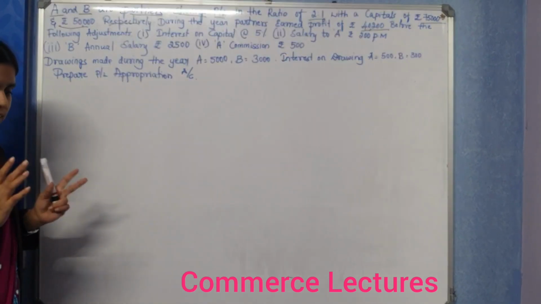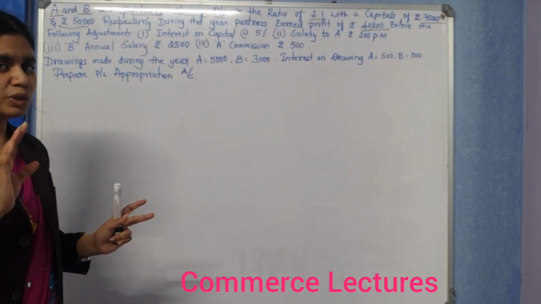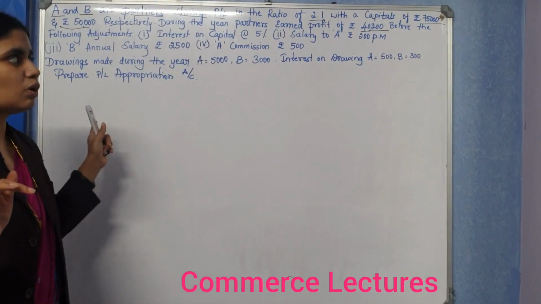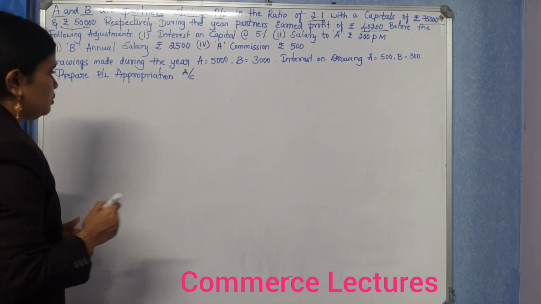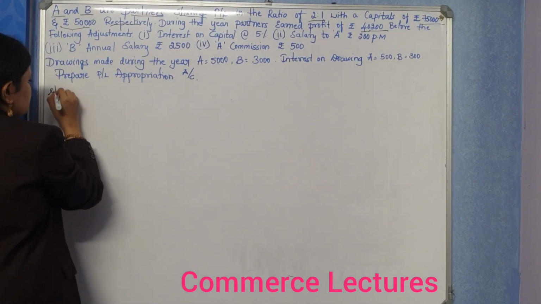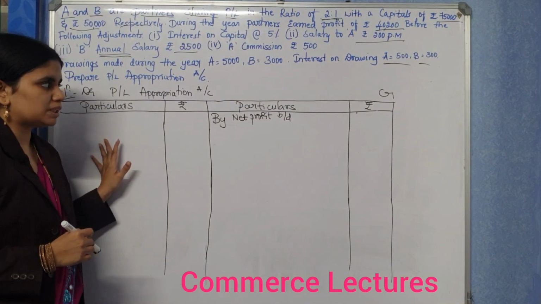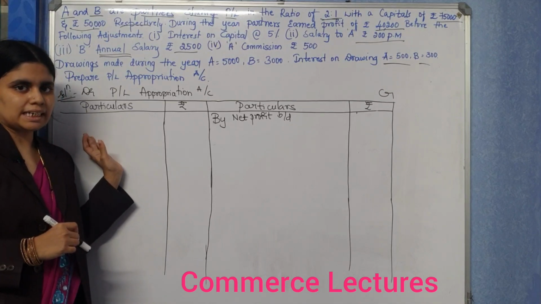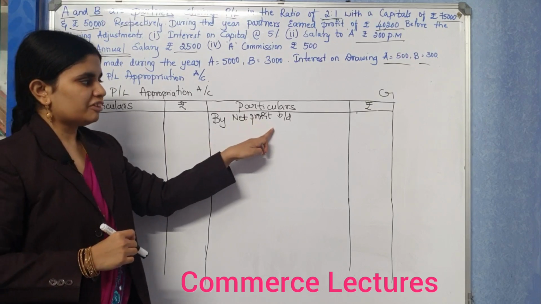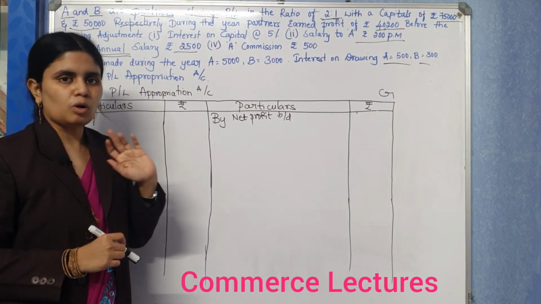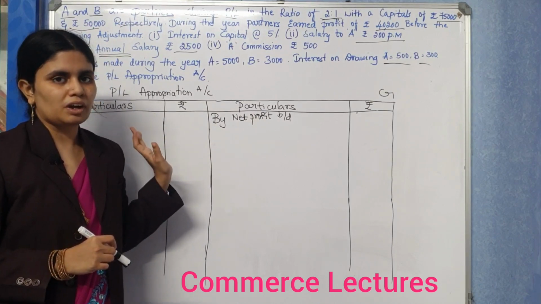Now this can be solved only when you come across the format. If you clearly understand the format, you can solve this within 5 seconds. Now see the solution. When we come to the solution, this is the format that we have to take. One side, left side debit and the right side is credit. So by net profit brought down, this is compulsory in all the problems. If net loss brought down is given, the net loss you have to take.